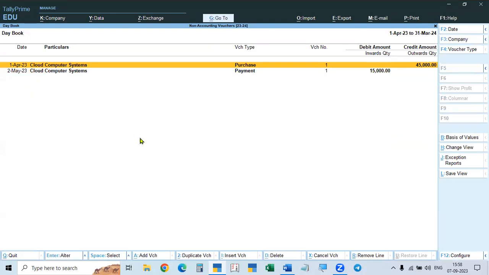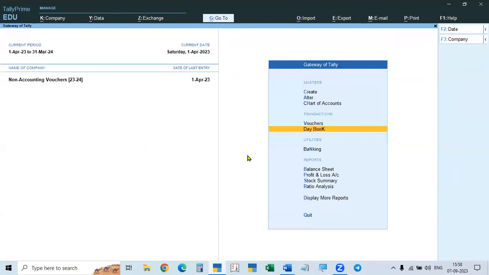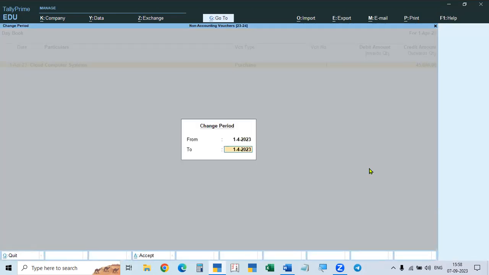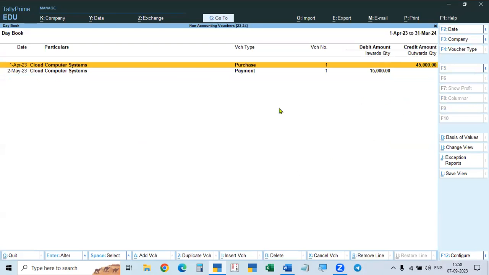If you take only one, it will show today's current date. If you go to this, it will show only today's one. Okay, now we are taking all the entries. So go to this one, 1st April to 31st March. If you take it, the total will be there. See here,